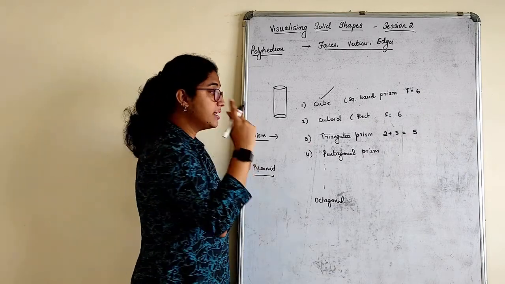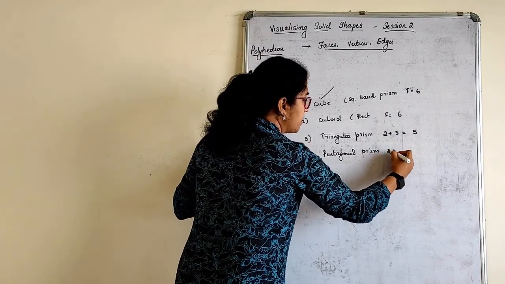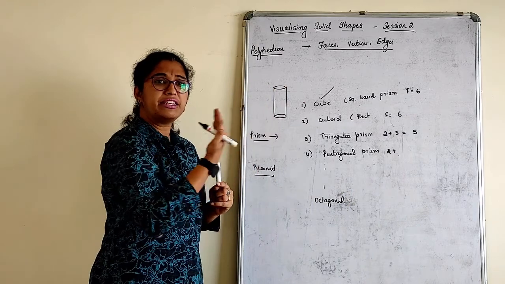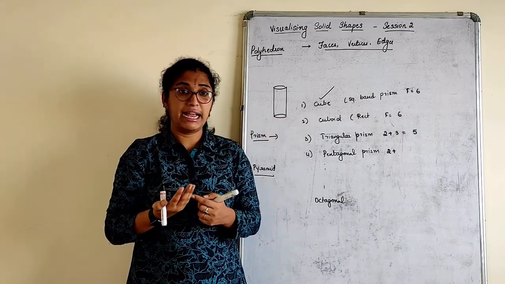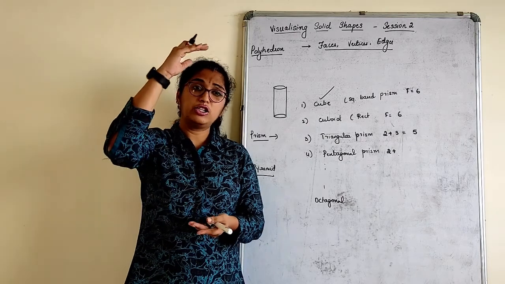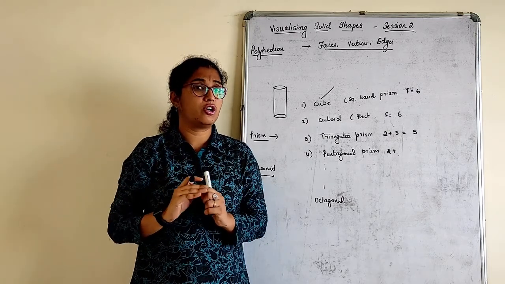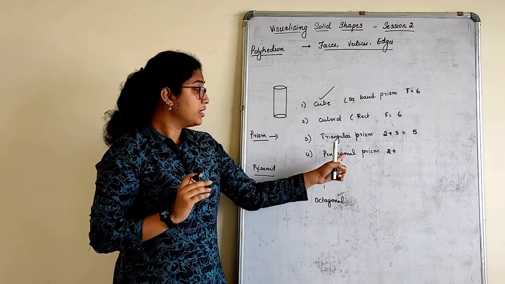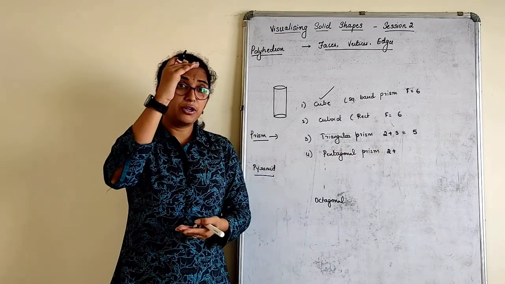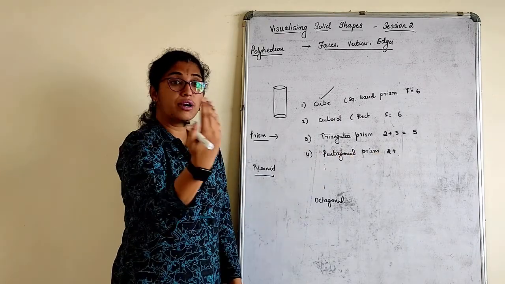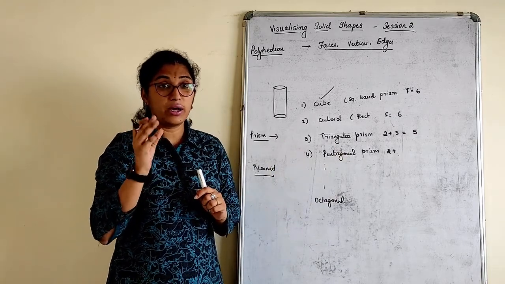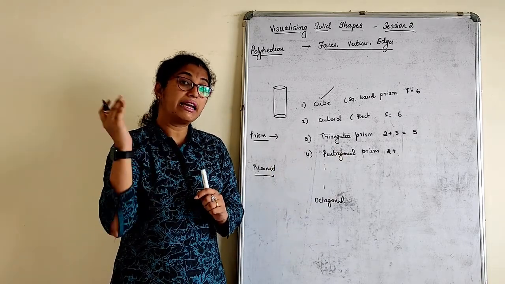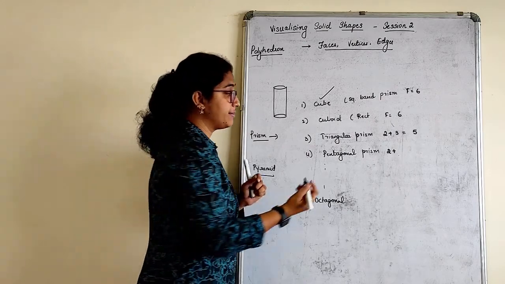How many faces? 2 faces. Plus, how many faces are surrounding them here? These are actually called lateral faces, we know that, and top and bottom together when we take them are called the total surface. So, top and bottom are pentagonal faces. What about the lateral faces? It's a pentagon. How many sides does it have? 5. So, how many rectangular faces does it have? 5.